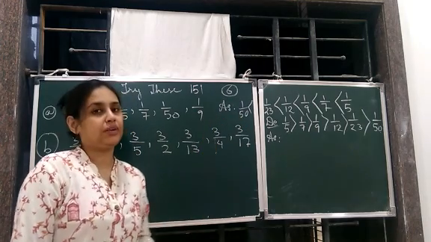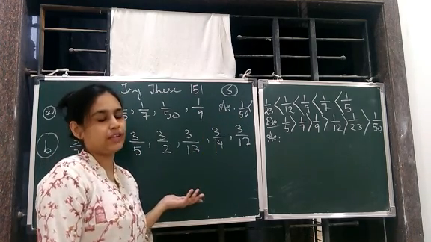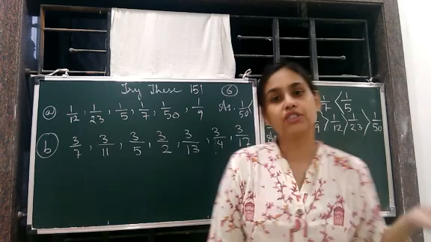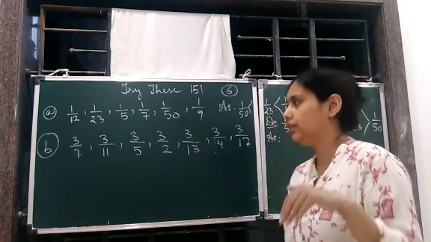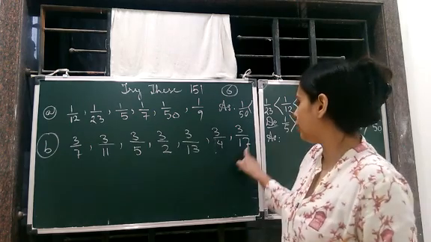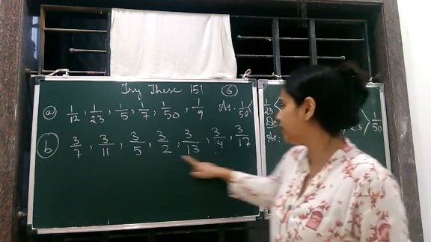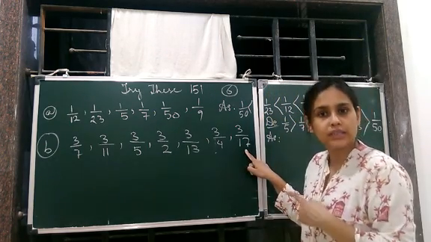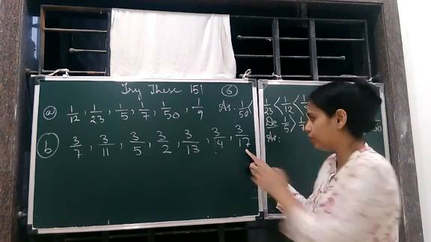Again the numerators are same. We compare the denominators, and the fraction with the small denominator is considered bigger, and the fraction with the bigger denominator is considered smaller. So here we check who's the biggest; here it will be the smallest now. Who's the biggest? 17. So 17 अब छोटा कहलाएगा.